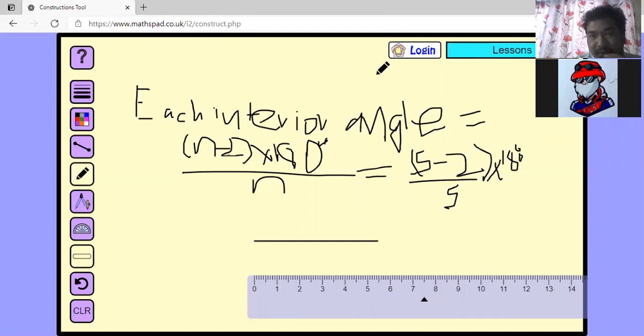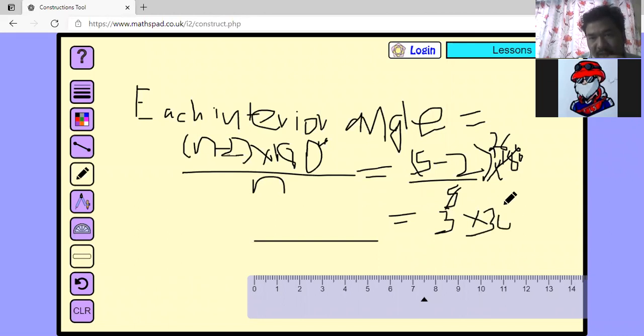Okay, and now if you cancel this, if you cancel 5 on the 5, then 5 3s are 15, and 3 left, and 5 6s are 30, so it will be 36 degree. Multiply by 5 minus 2, which means 3. 3 into 36 is 108. Good. You are telling correct.